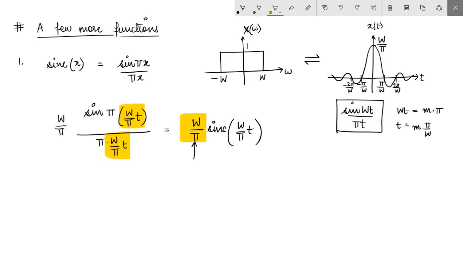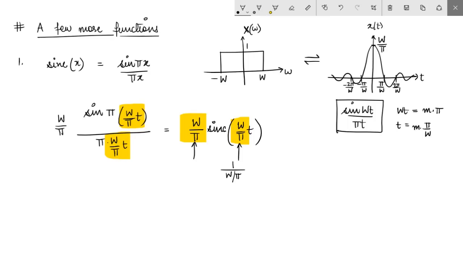Directly from the sinc function, you can see that whatever is the coefficient of t, w by pi, the inverse of this